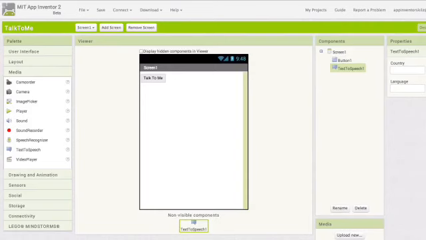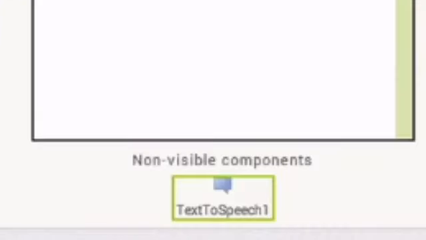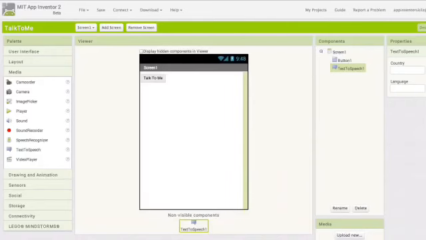Click on it and drag it over to the viewer and drop it. You will notice that it drops down at the bottom under Non-visible components. Yes, we have two types of components, visible and non-visible. Button was a visible component, but this TextToSpeech is a non-visible component.